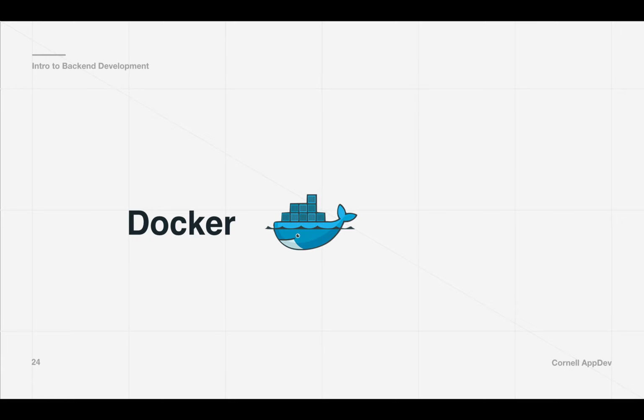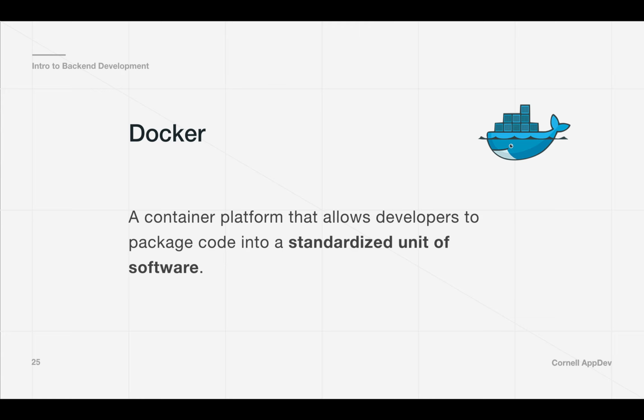Okay, awesome. Okay, so what is Docker? So Docker is a container platform that allows developers to package code into a standardized unit of software. So this also probably doesn't make any sense. I think the most important part of this definition is the standardized unit of software. So this is kind of what we want, right? We want to have some sort of abstraction so that if we give someone else a file, they are able to recreate exactly what we were doing to run it, right? So something like a requirements file works just for virtual environment and for Python packages. We don't have anything that encapsulates everything that we want in our application.